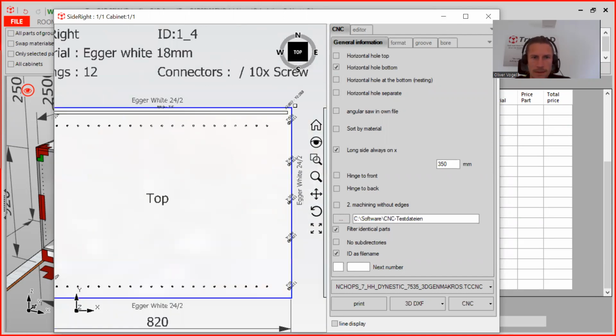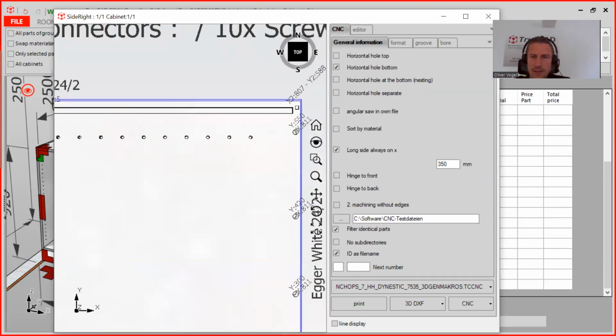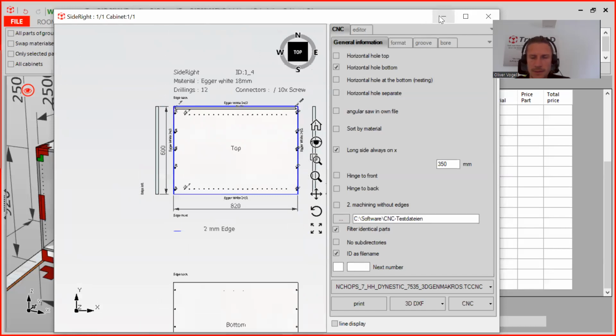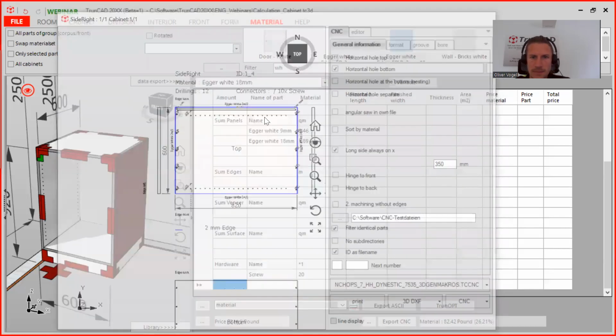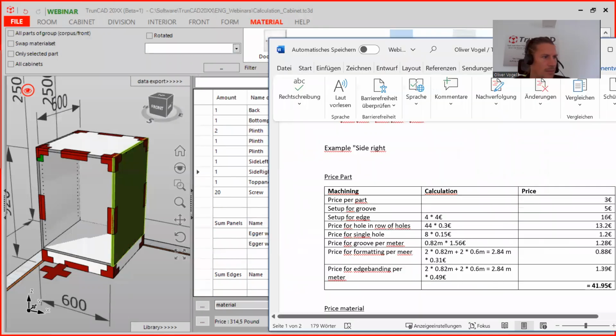So, and what we need to change is the groove that is going through, then it's easier to calculate. So I will close this because at the moment it won't fit because I loaded it new. So here you see it's a bit different because I have calculated with 10, it was 8 instead of 10. But no worries. Here for the row of holes that are 44 in total for the right side and multiplied